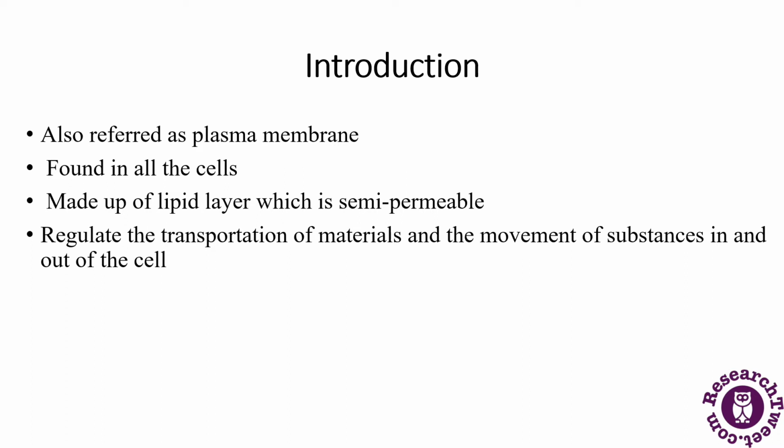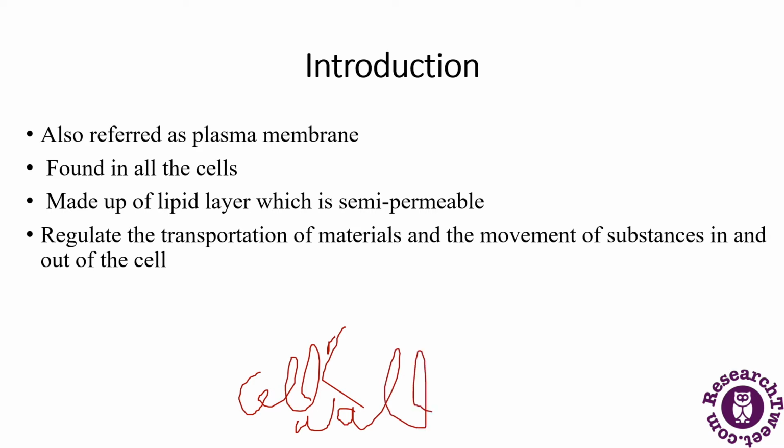They are found in all the cells. They are present in the animal cells as well as the plant cells. If we talk about plant cells, the outermost covering is the cell wall, but in animals, the outermost covering is the cell membrane. Now this is made up of a lipid layer, and it is semi-permeable. What is the function here? The function is they regulate the transportation of the materials and the movement of substances in and out of the